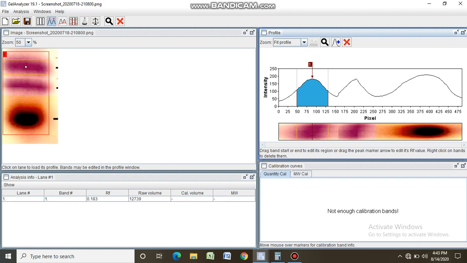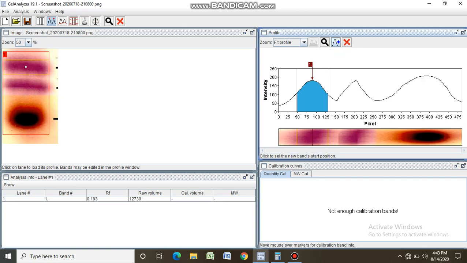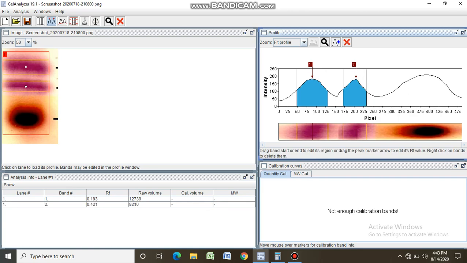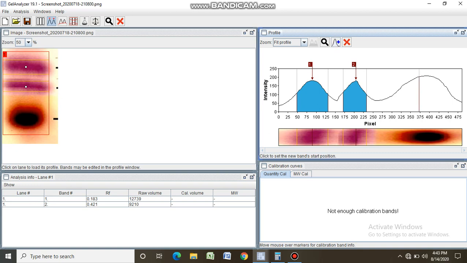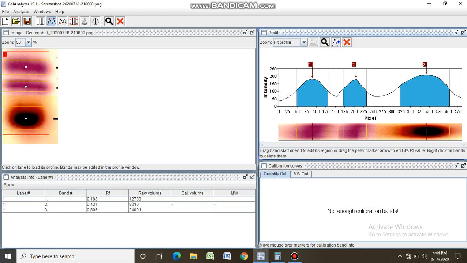Similarly, add band manually for the second compound. Similarly the RF value and raw volume are given, and for the third one add band manually for the third as well. Okay, here are the total three raw volumes and RF values given.